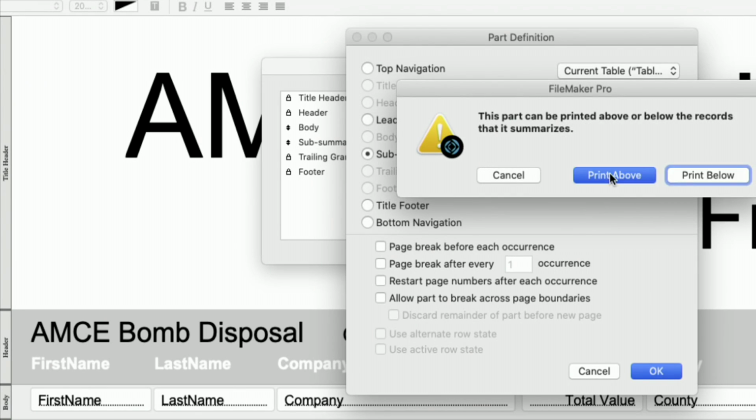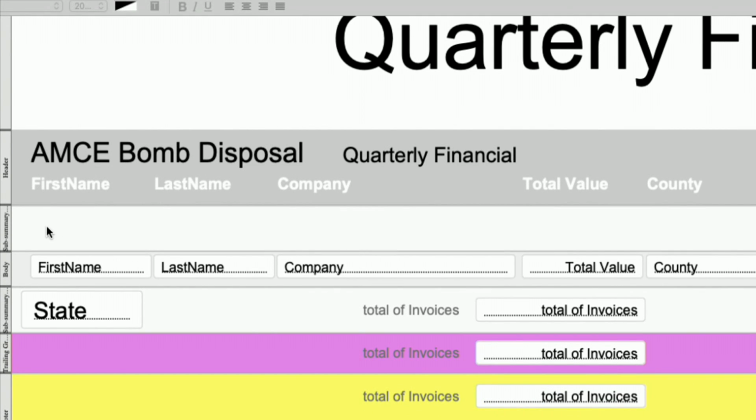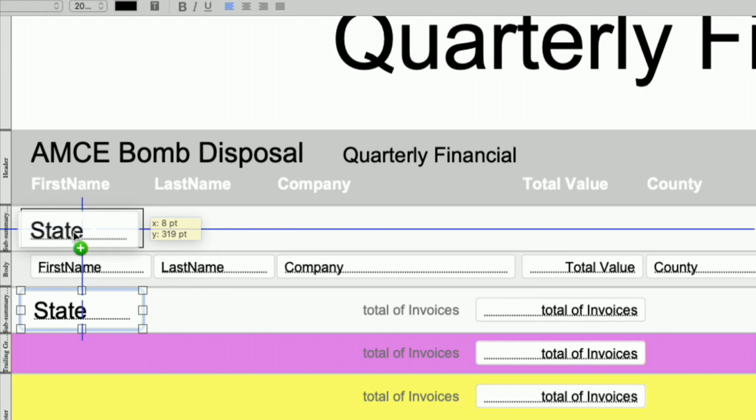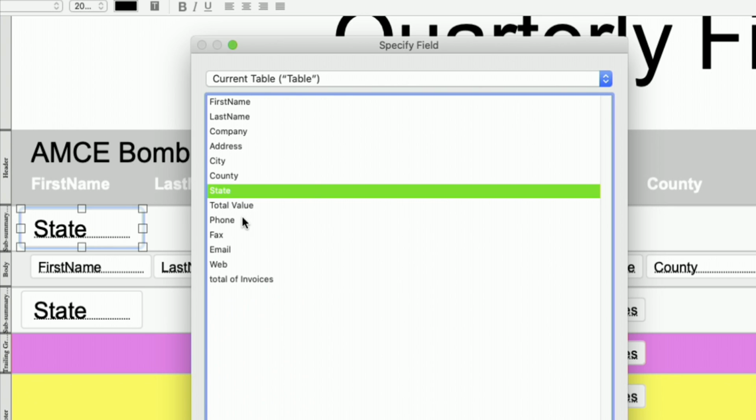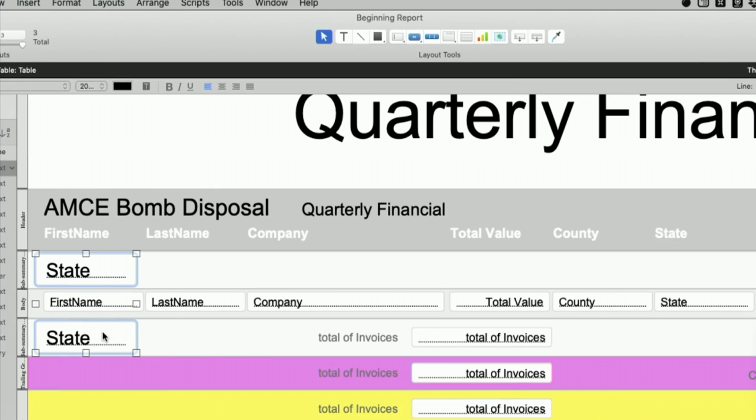This time I'm going to put it above, which is great. So then I come down here. So this one will be above. This one will be below. I'm going to option drag, hold on my option finger or whatever it is on the Windows side, and it makes a copy of it, which is great. I don't need the label right there. I can come over here. I'm going to zoom out a little bit here.